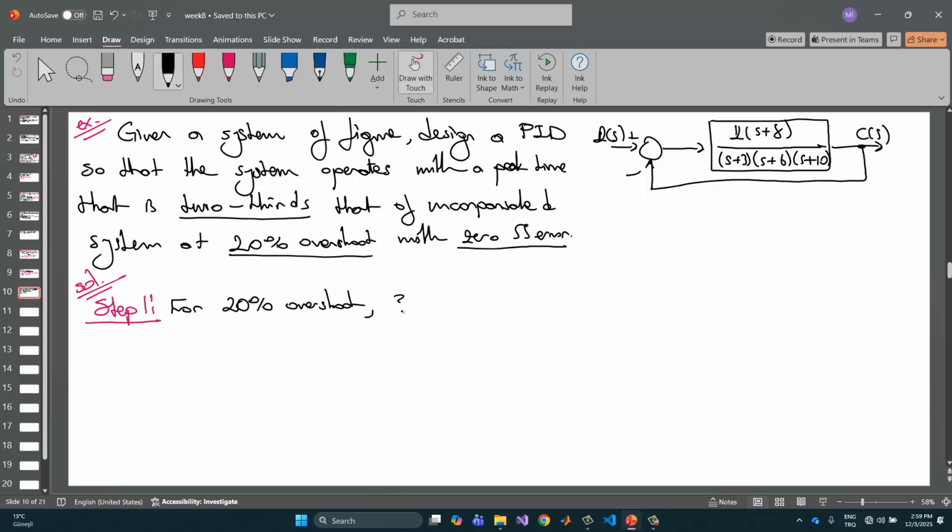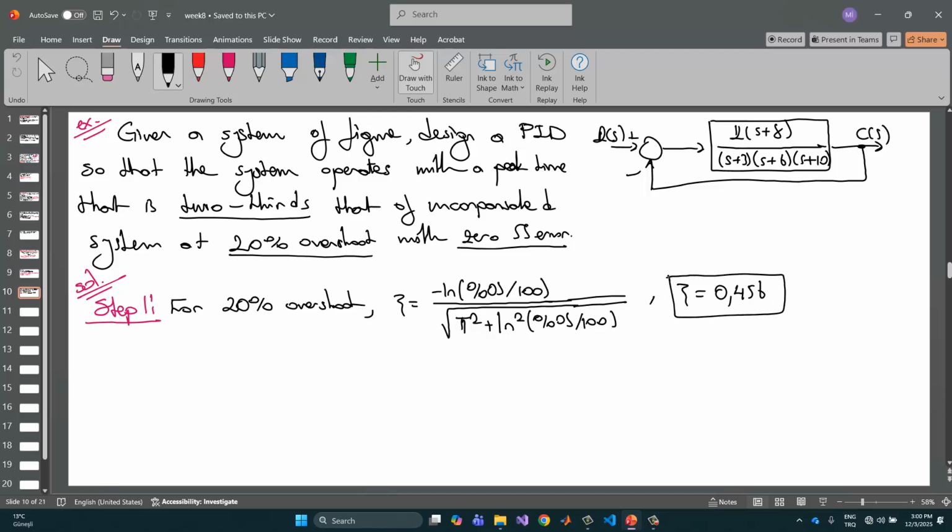we should utilize the zeta, which is equal to minus ln of percentage OS divided by 100, divided by the square root of pi squared plus ln squared of percentage OS divided by 100. Okay, these are the formulations. And so if you put the 20% in here, we get zeta equal to 0.456. Okay, we found zeta, and now